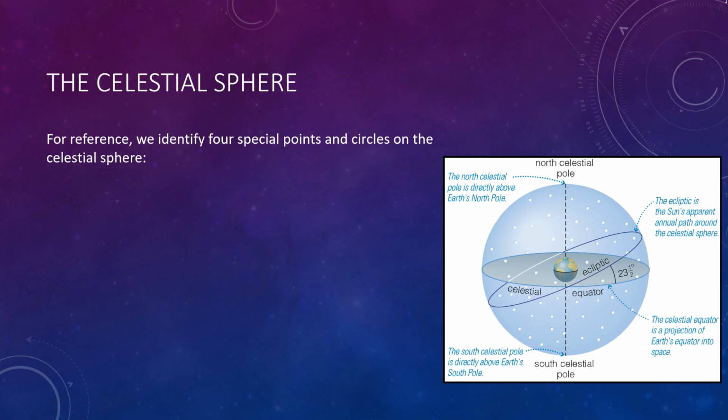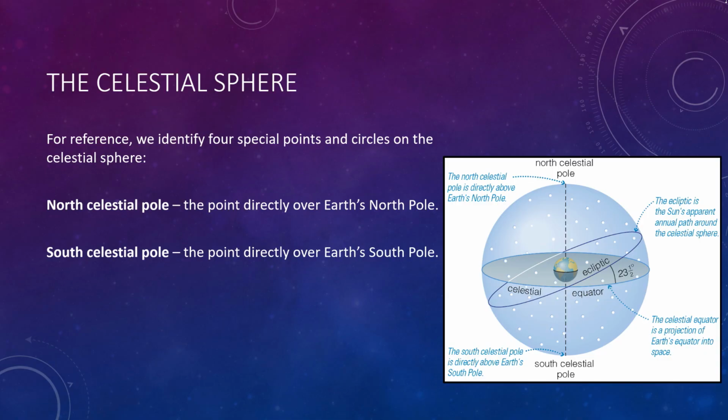For reference, we will identify 4 special points and circles on the celestial sphere. If you watch the sky over several hours, you will see that the stars remain fixed relative to one another while sweeping from east to west across the sky, as though they rotate around an axis that extends through the poles of the Earth. Although this apparent motion is actually due to Earth spinning on its axis, we designate a north celestial pole and a south celestial pole where an imaginary line through the Earth's axis of rotation intersects the celestial sphere. So we have a north celestial pole, which is a point directly above the North Pole, and a